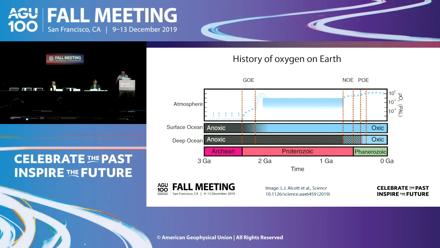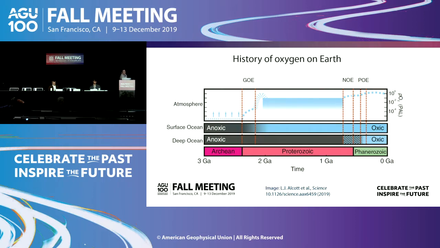So just to take you through this, assuming that this is a laser, it is. We have an events-based idea about oxygen on the Earth. I think that's the first thing to say. So this is the oxygen in the atmosphere. We have something called the Great Oxidation Event, where we think oxygen rose by many orders of magnitude and became a major constituent of the atmosphere. So this was at the start of the Proterozoic eon, 2.4 or so billion years ago.